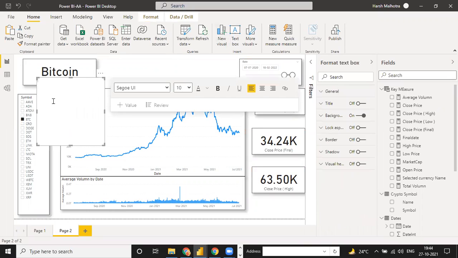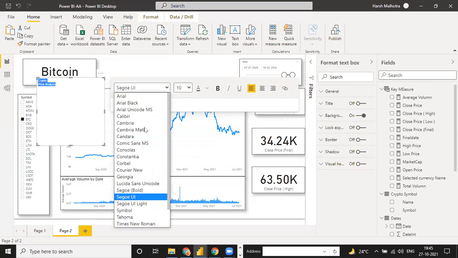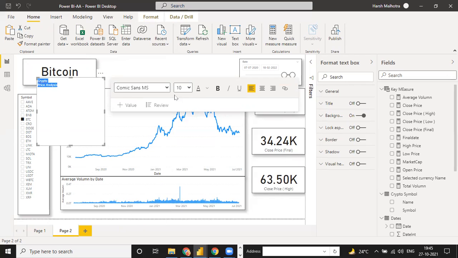Select this Bitcoin here. Okay, and you can also write a text box for any chart. Like for this, if I write my crypto price analysis, select this one, select any currency, change the size.